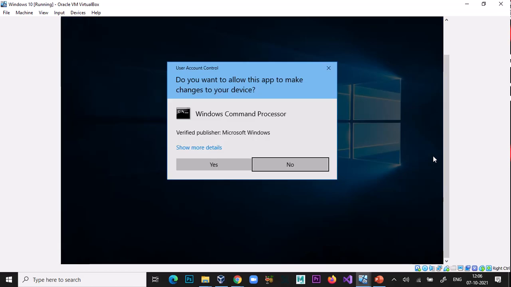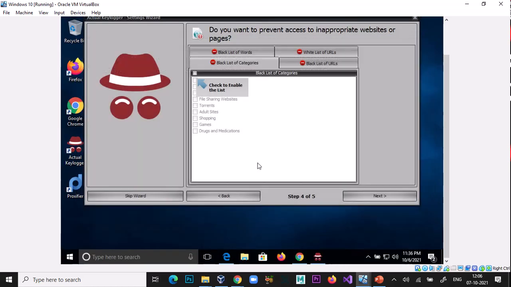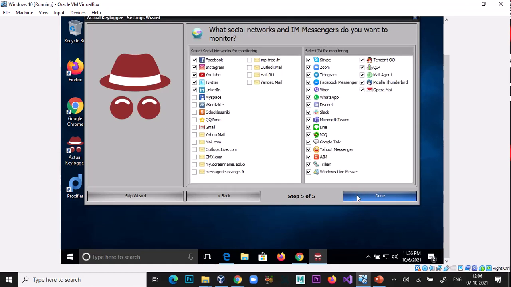Yes. Do you want to prevent access to inappropriate websites or pages? Just check next. What social media networks and IM messengers do you want to monitor?